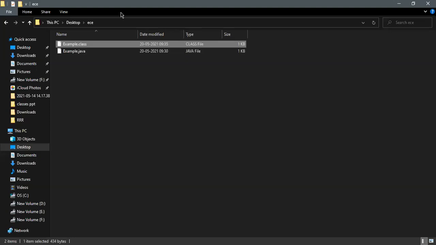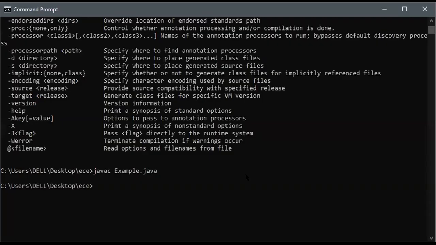Now I'm going to share the command prompt again. So how to run the program? Type the keyword java and then a space and the name of the class. Only example is enough. Do not mention dot class. After the compilation, the dot class file is created inside the same folder where our program is available.